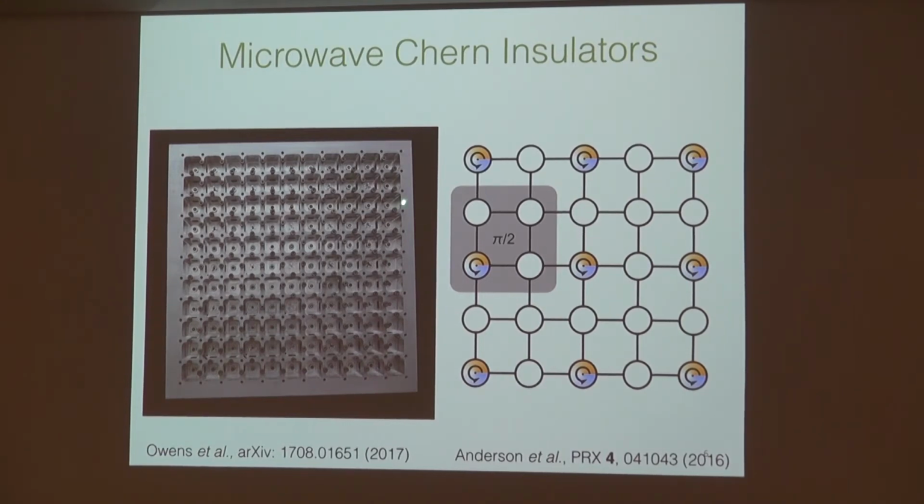And so what we need to do is enforce a situation where when a particle goes around a little closed loop, it picks up a phase. And the amount of phase that it picks up is dependent upon the area. It's proportional to the area of the loop that it goes around. And so these little chiral sites here, denoted by the orange to blue with the arrow, are really the key to making that happen. And so the way you can understand this is when I hop from one of the